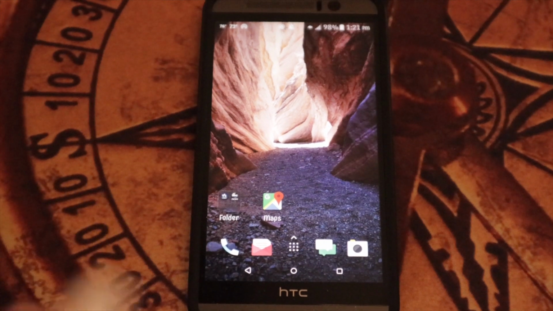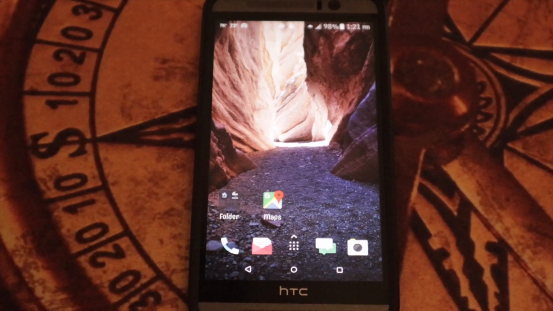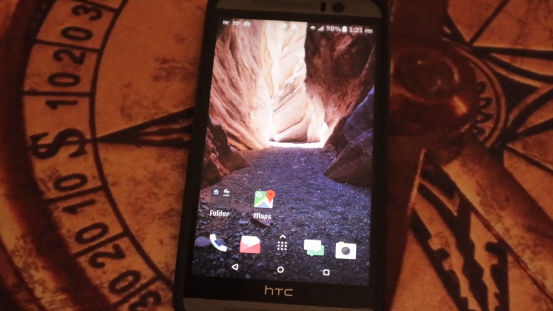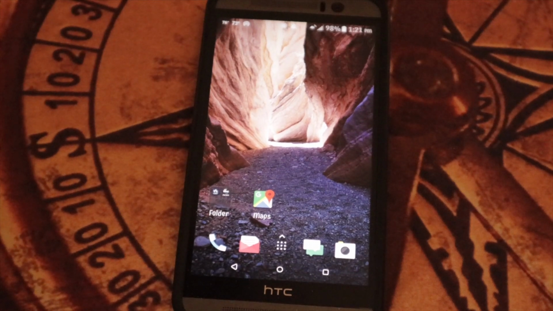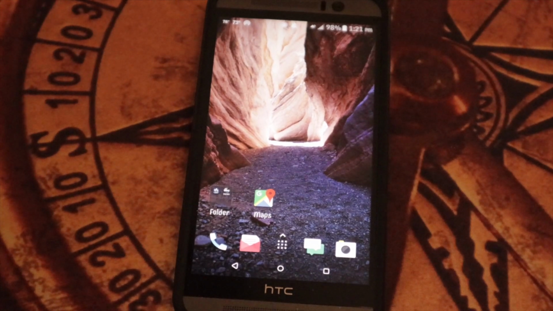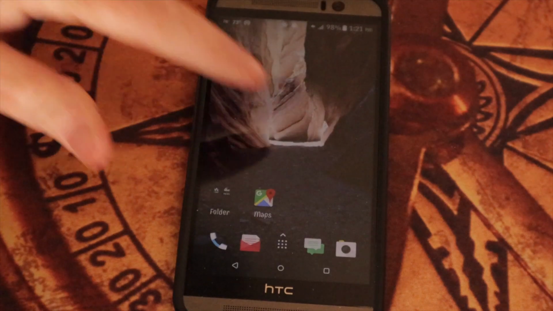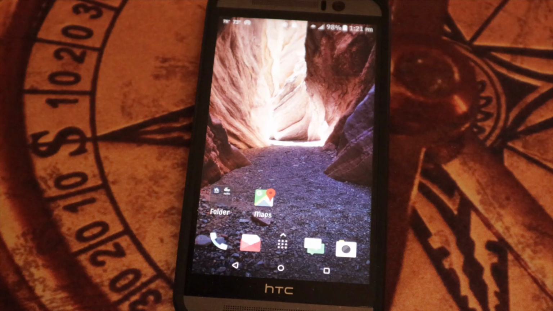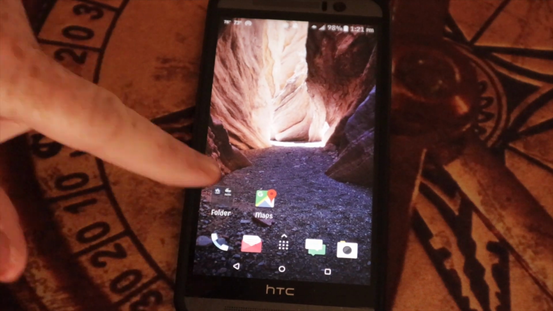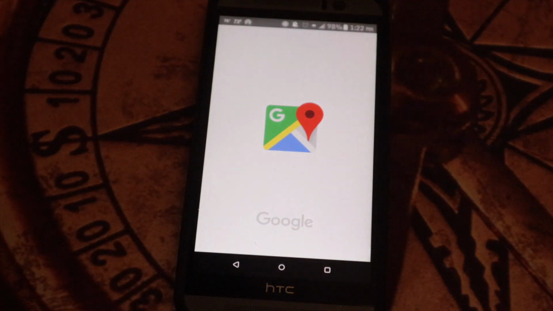Okay everyone, I'm going to show you how I do this on an Android device. Justin and I have two separate operating systems. I only use the Google Maps to get my GPS coordinates. I don't have more than one app like Justin's going to show you. So I just click on the Google Maps,